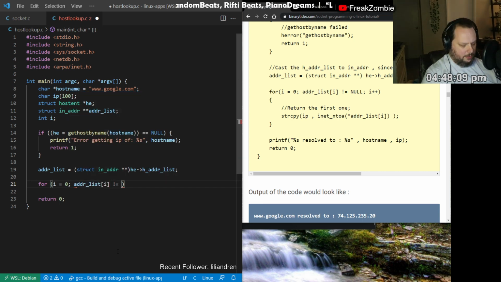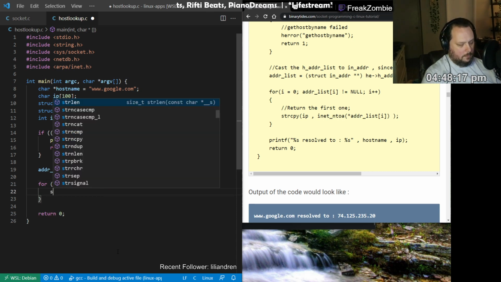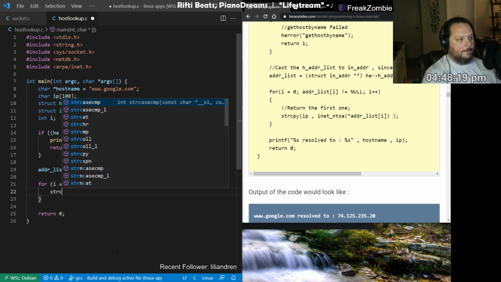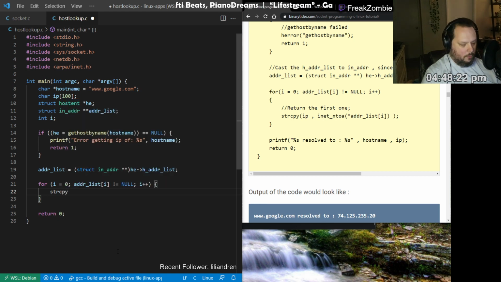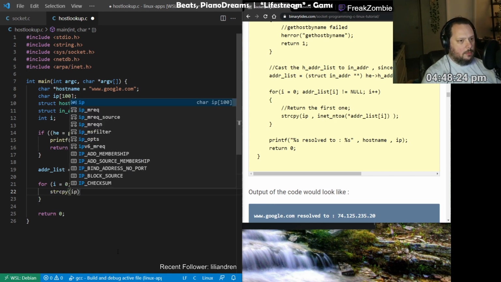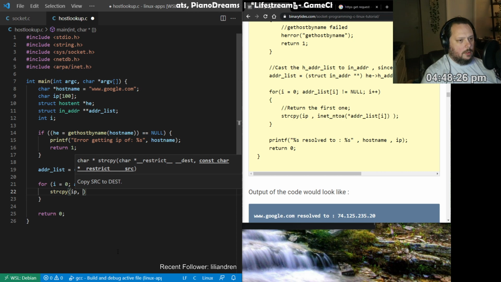It's not making any changes to it. And we're going to copy into the IP character array